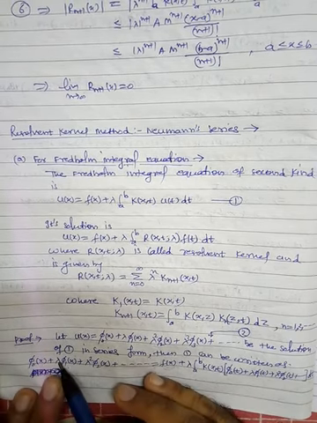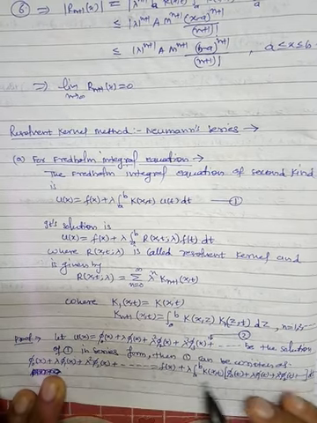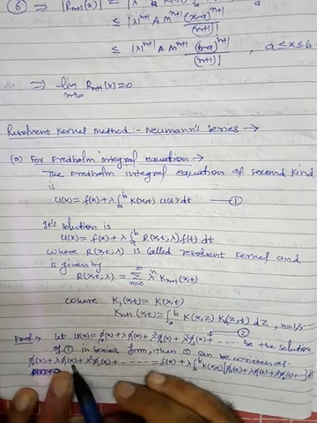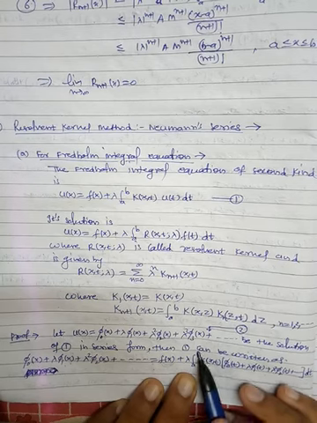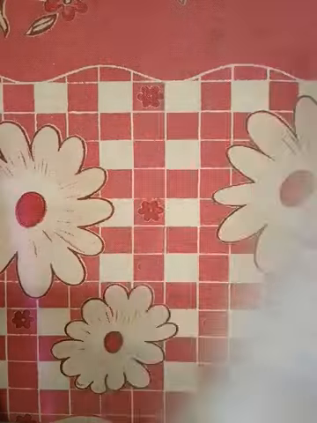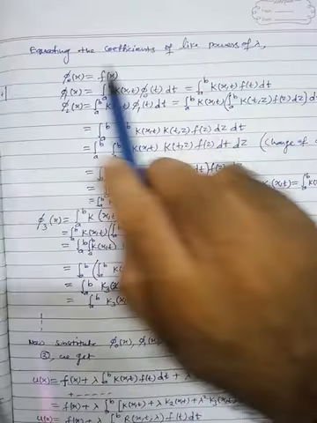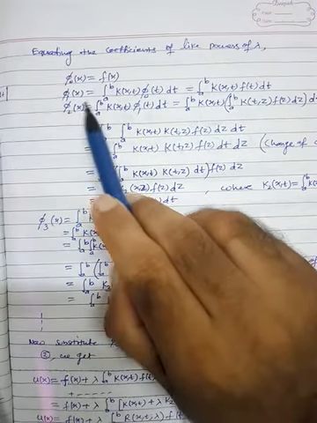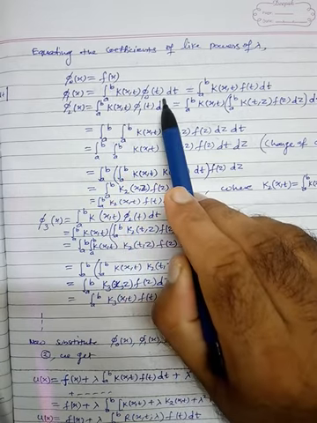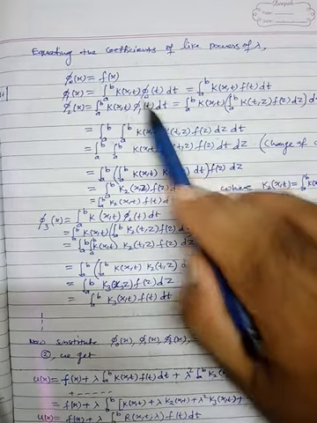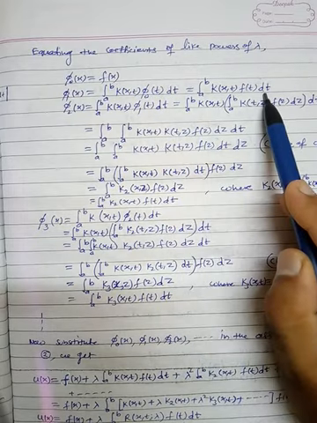Similarly, for the single power of lambda, we get this integral. In the left hand side we get phi_1(x), in the right hand side we get the integral from a to b of K(x,t) phi_0(t) dt. So equating the coefficients of like powers of lambda, phi_0(x) is f(x), and phi_1(x) is the integral from a to b of K(x,t) phi_0(t) dt. But what is phi_0(t) according to this? It is f(t). So just replace this value, f(t) dt.